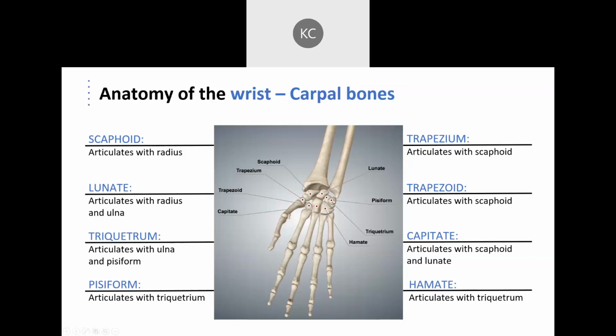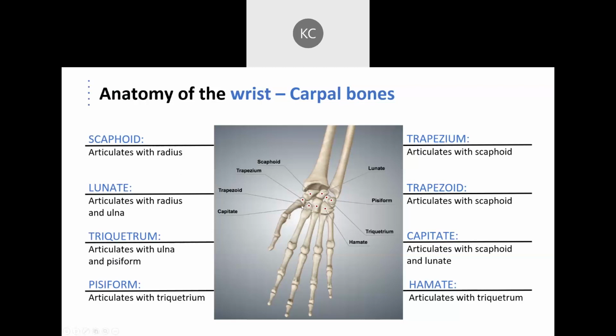All right, so you have a proximal row, you have a distal row. These form a kind of condyloid type structure that allows for the articulation with the distal end of the radius as well as the distal end of the ulna. And then distally, this distal row attaches to the row of metacarpals, so the first, second, third, fourth, and fifth metacarpals that make up the middle bones of our